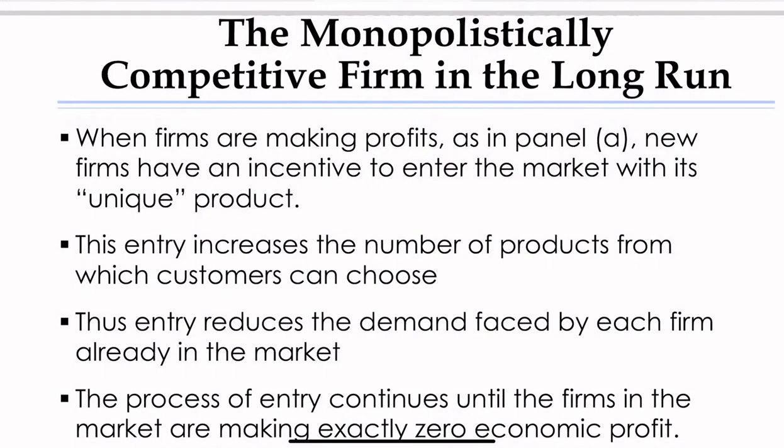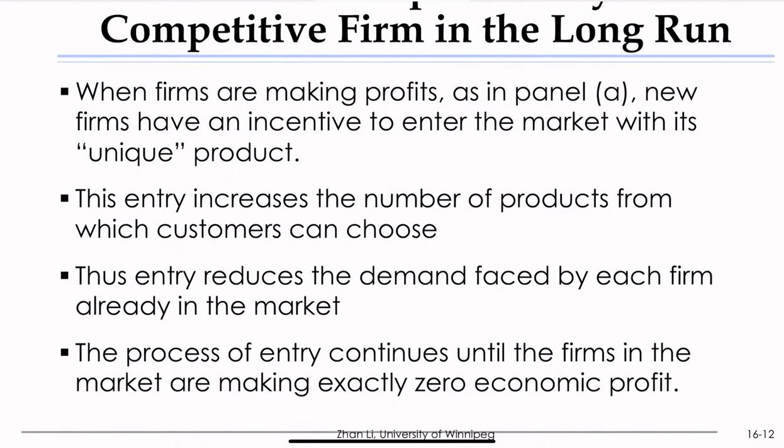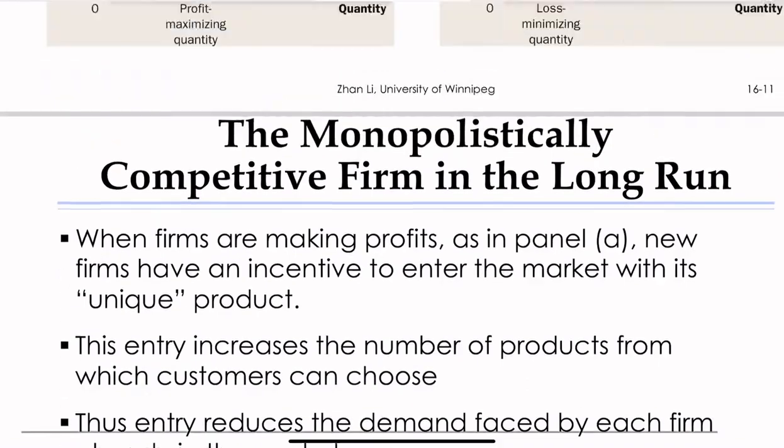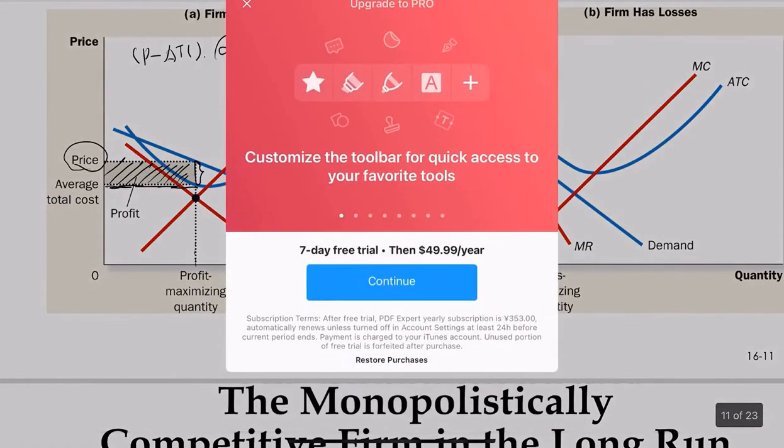Again, recall the assumptions. The third assumption says there is free entry and exit. So this will instantly give you the idea that in the long run, a monopolistically competitive firm will earn a profit of zero, right? The argument is essentially quite similar to the argument we have made in the chapter on competitive markets. Right? So basically, think about this. If a firm is making profit, that is,